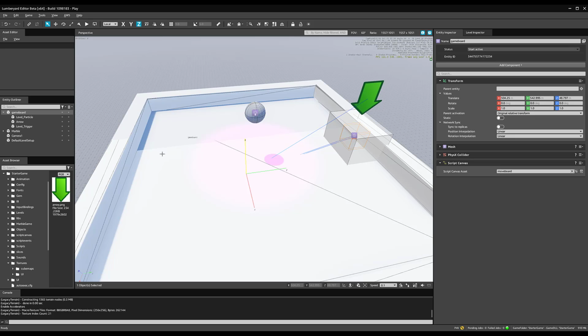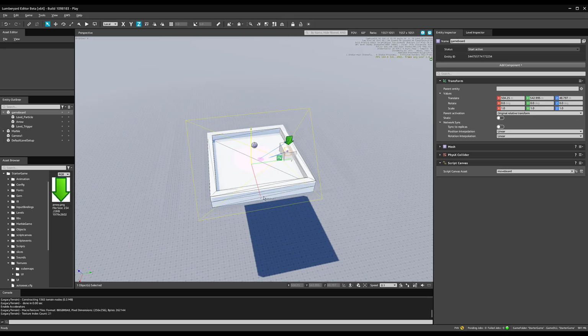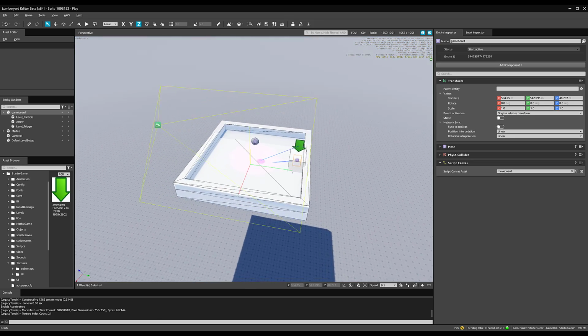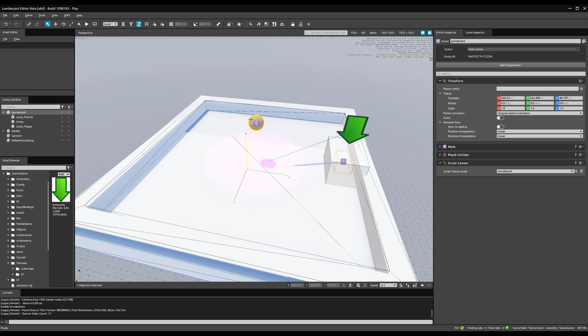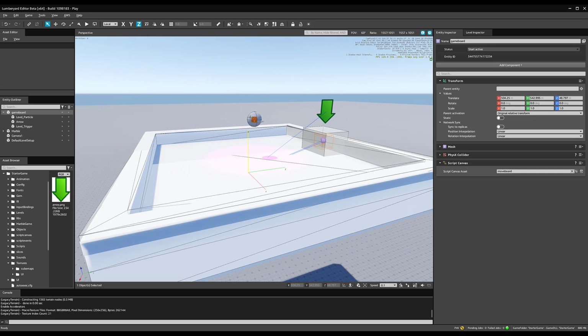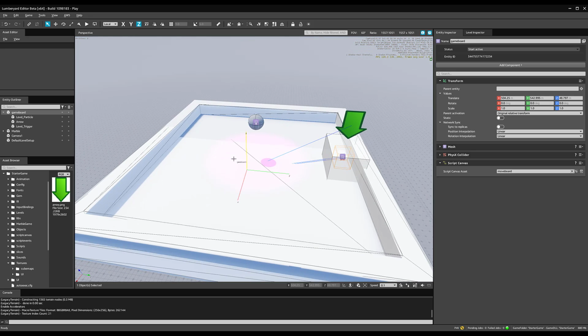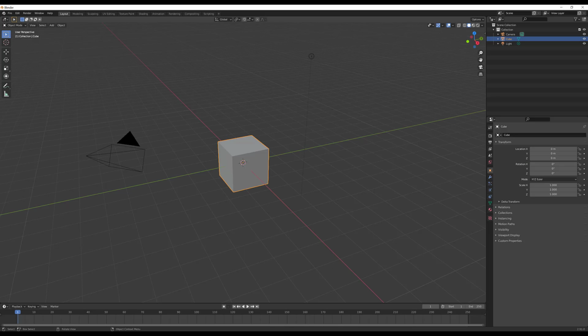But for now, I'm thinking we can maybe help do a little bit of simple modeling and texturing for this ball to make it look a little bit different than this. So I'm going to fire up Blender. All right, so here we are in Blender. Now, in order to